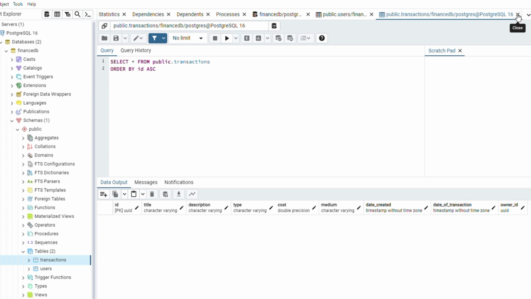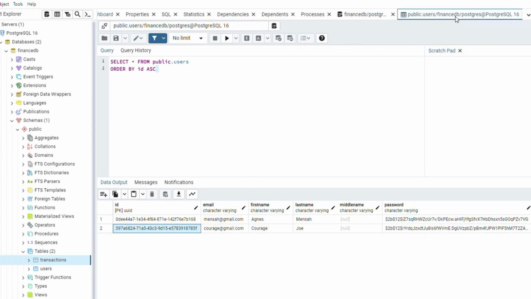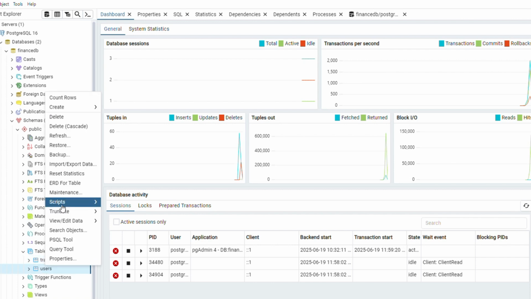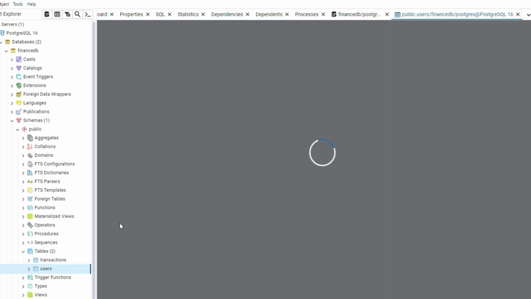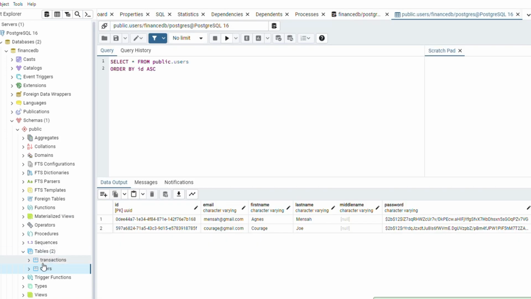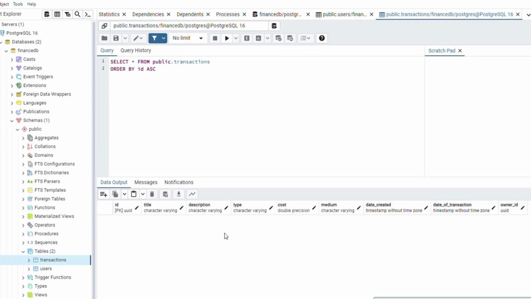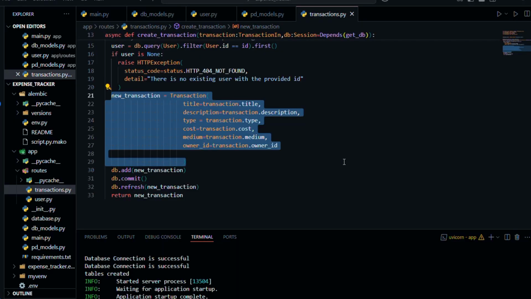Okay, so let's go and create our database models, right? Let me right click and open all rows, view all rows. Let me also open the transaction table, all rows. Yeah, so nothing is inside. So what we'll do now is go to the front end and